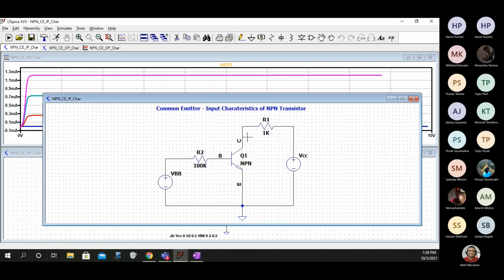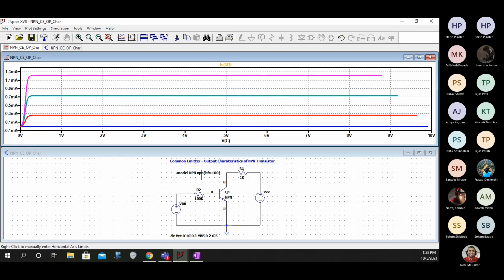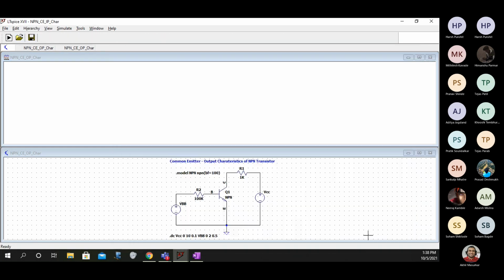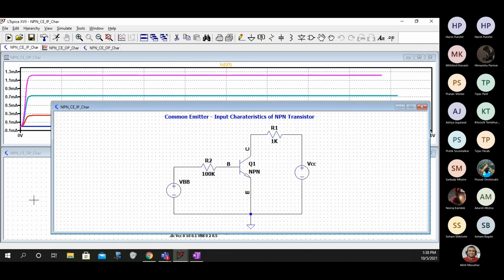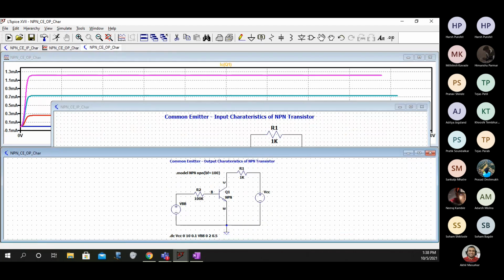Sir, there is some mistake in my circuit. Post it in the chat box. We'll just have a look at it. This is Pratik's, na? Pratik, your circuit is right. Sir, Prasad.